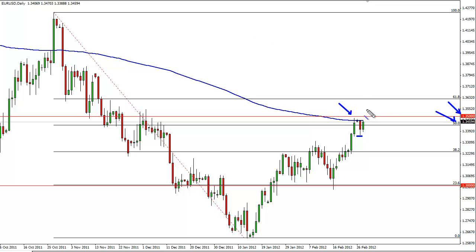However, if we can manage to close above the 135 level, it would be a break above the 200-day moving average for the first time in quite some time, actually, since basically the start of this move. And if we got that, that would be very bullish. It looks as if the session could be one that determines the move of the euro for the time being, for maybe the next several months.